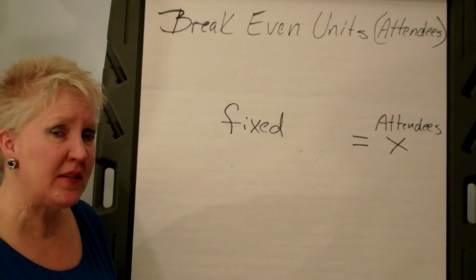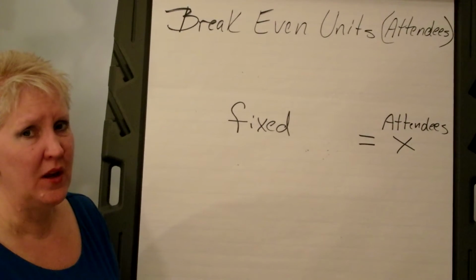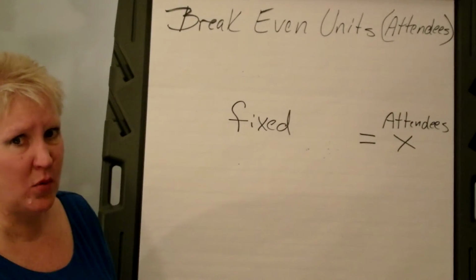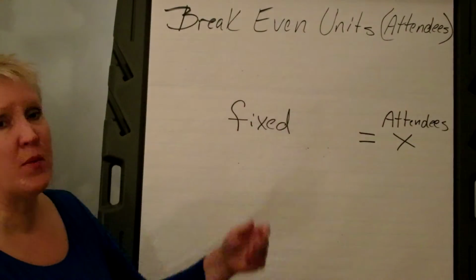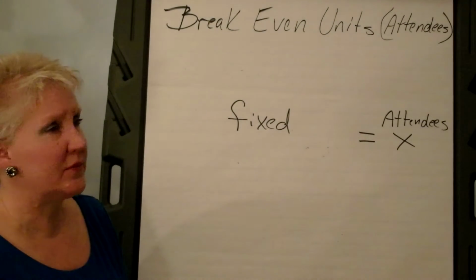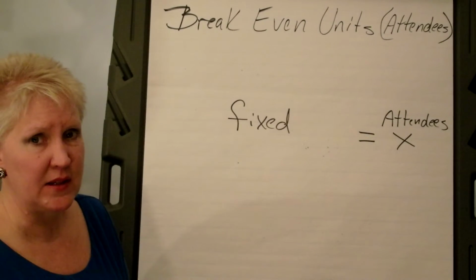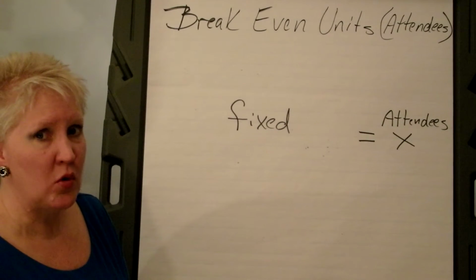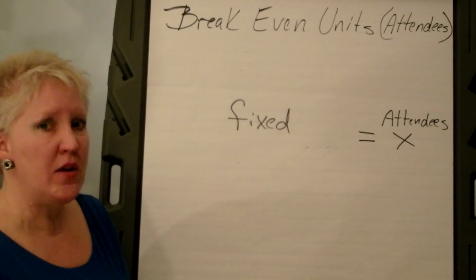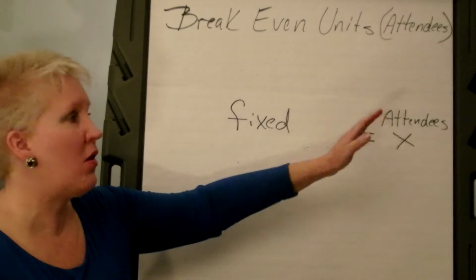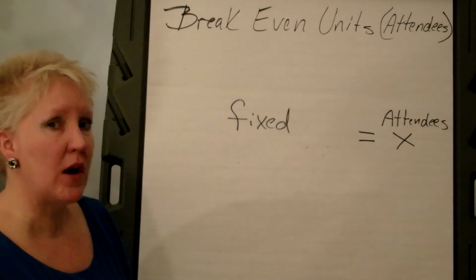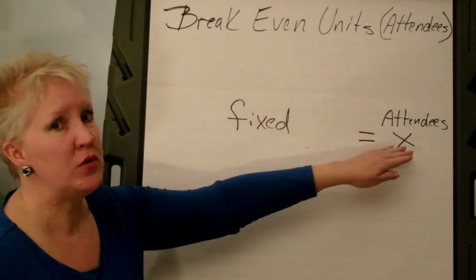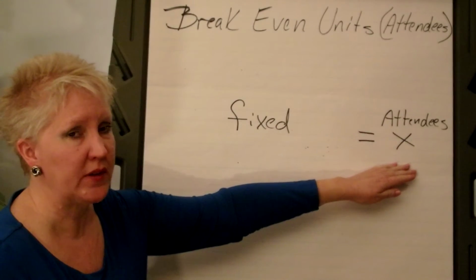And if you're on the path to the CMP exam, it'll help there too. So this is video 4 in a series on the infamous break-even formulas. And this one we're going to talk about the break-even units, which for some odd reason is what they call attendees. So as we talked about in video 2, you have to go back to your math class where your unknown was regarded as X. And our unknown in this case, because we're trying to figure out how many attendees need to come to break even, is our attendees. So you always put your unknown on one side of the equal sign, and